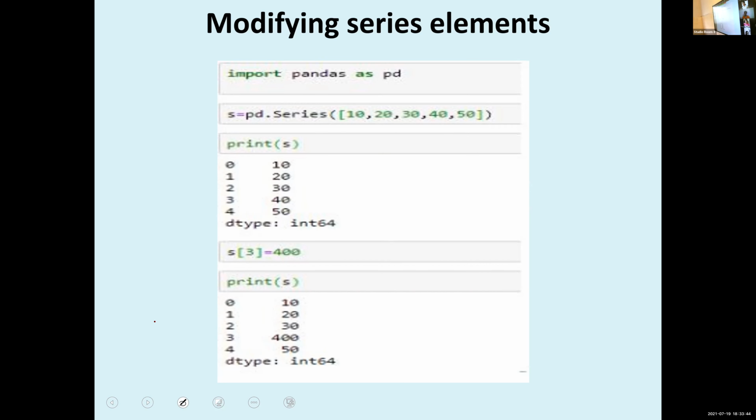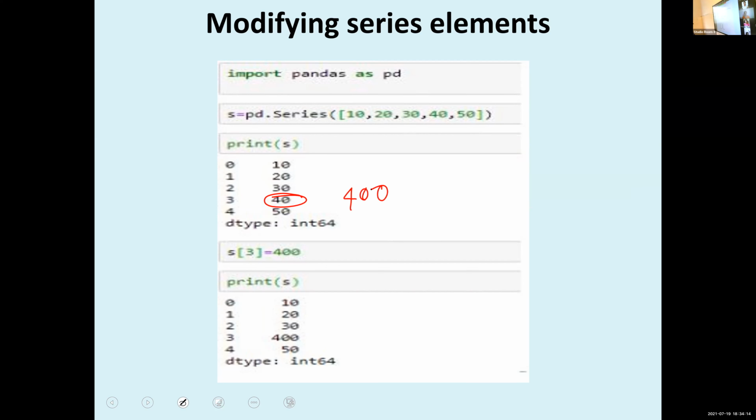We are discussing how we can update the values in a series. In the series, the series name is S, and the content is 10, 20, 30, 40 and 50. I want to change the value 40 to 400.